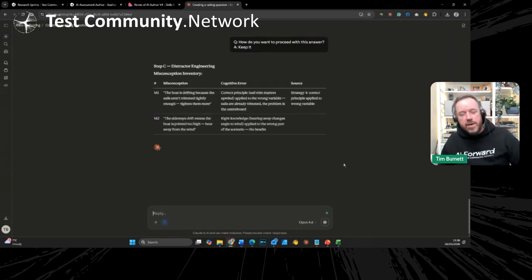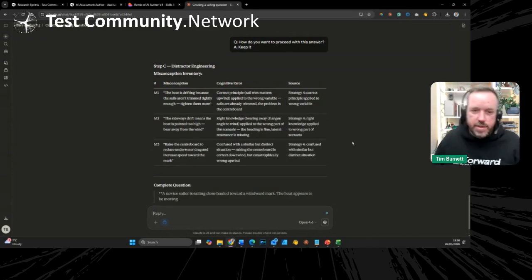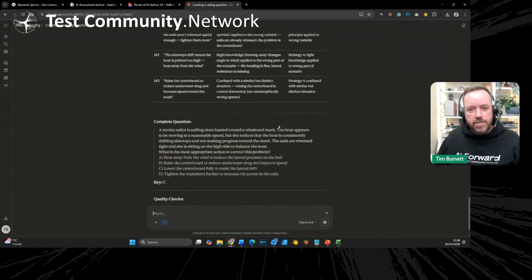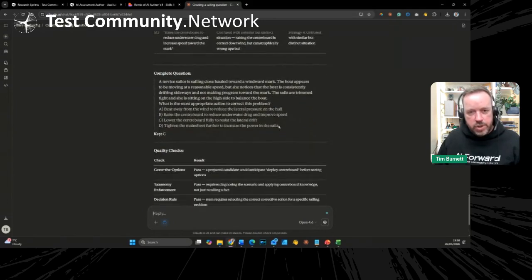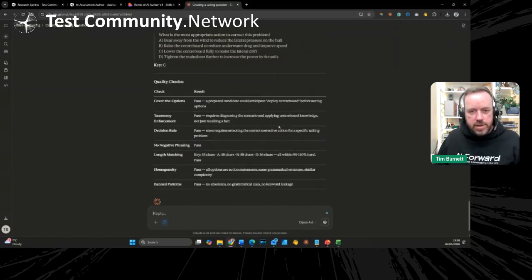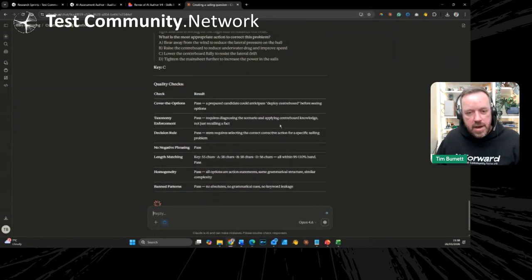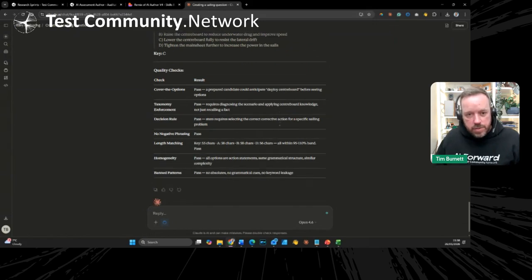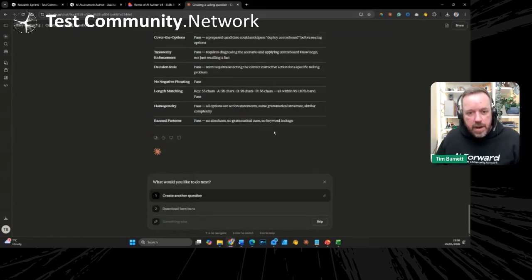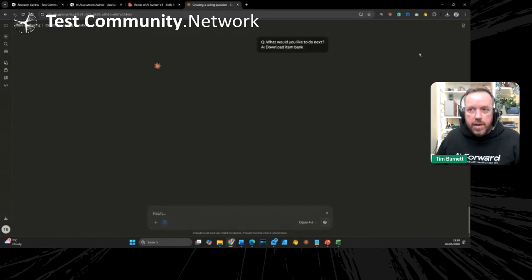Now you're thinking, well, okay, Tim, this is maybe a bit slow, a bit complicated, but it's adding structure to your process so that your SMEs can work on this. And the great thing about skills is that in theory they're going to be portable. So there we go, I'm just going to download the bank. It'll give me a CSV that I can download in the structure that I want as part of that process. So I could go and create more items and then extract that.